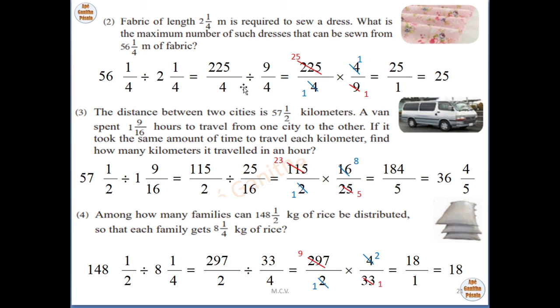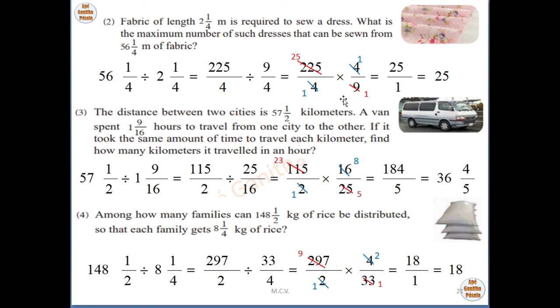Now still this is a division. You can't cut if that is a division problem. If you want to cut the numerator and denominator, then you have to convert it into a multiplication problem. Division converts into multiplication by taking the reciprocal of the right hand side. 9 over 4, 4 over 9. Now you can simplify. This is like multiplication of fractions.